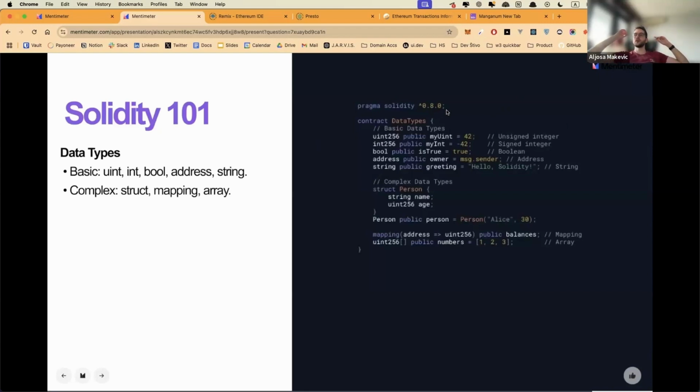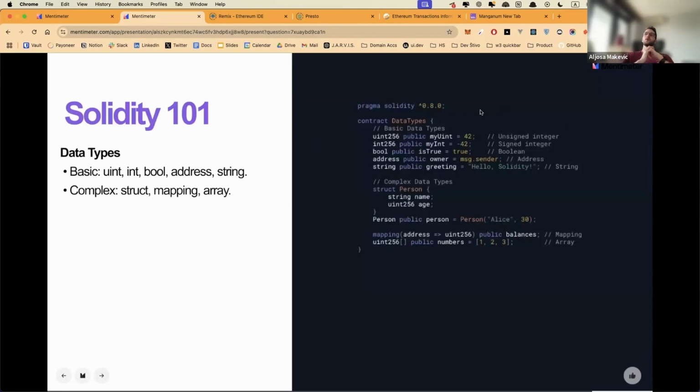And why you would label a uint 256 or maybe 16, because you want to make it as compact as possible. So your transactions are as cheap as possible and deploying the contract is as cheap as possible, because you have to be sparing with your resources.